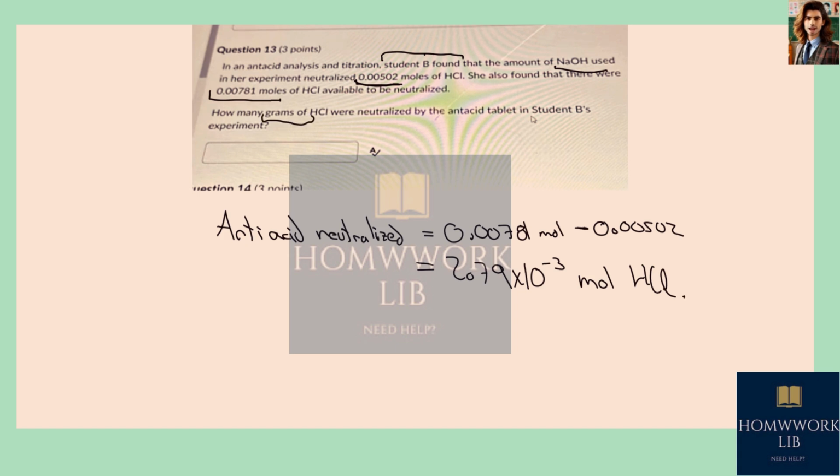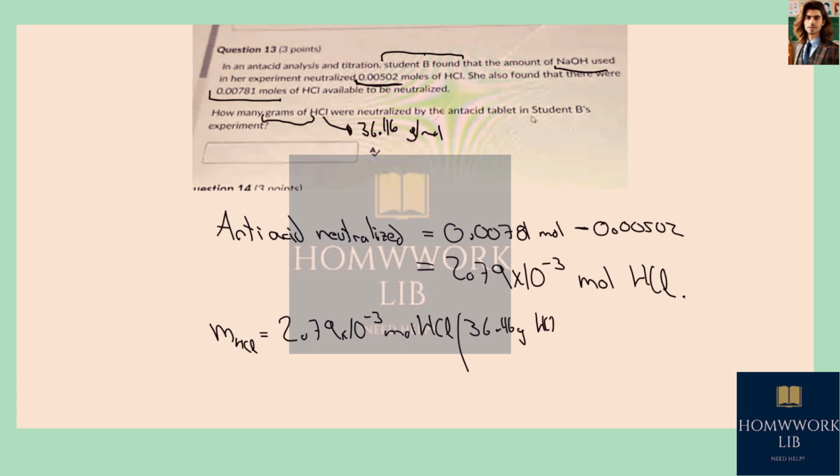Now to transform this into grams, we're going to simply multiply by the molecular weight. The molecular weight of HCl is going to be 36.46 grams per mole. So the mass of HCl that was neutralized is going to be equal to 2.79 times 10 to the minus 3 mole of HCl multiplied by the molecular weight, 36.46 grams of HCl, divided by each mole of HCl, giving us